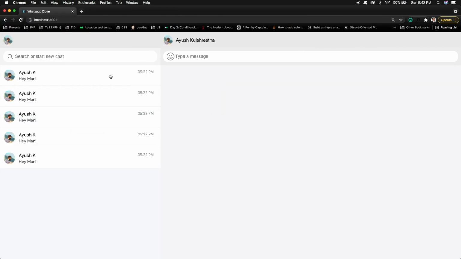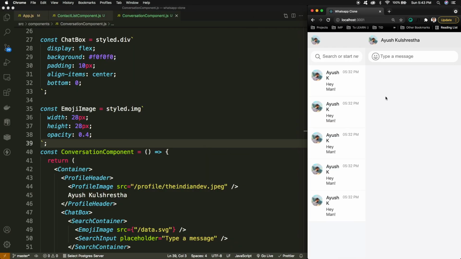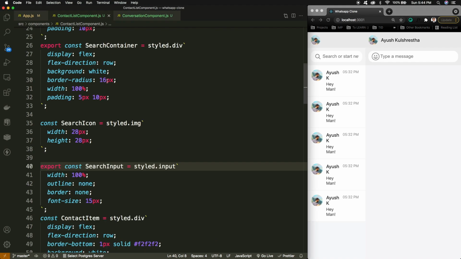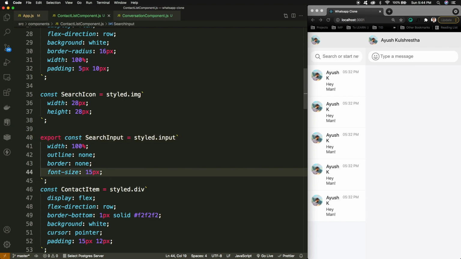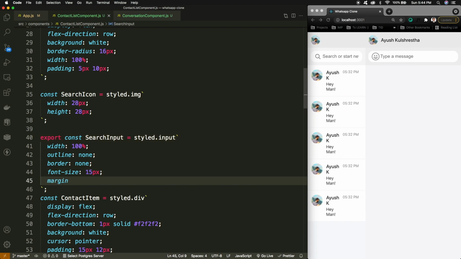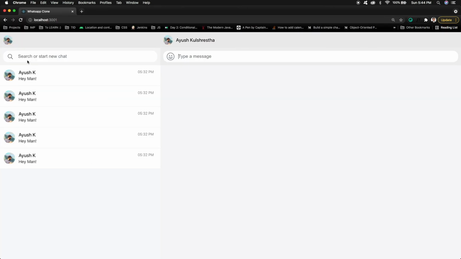And I can define some sort of margin left to this part. This is search input, maybe margin left as 10 pixels. As we are using the same component at both the places, it's pretty fine.